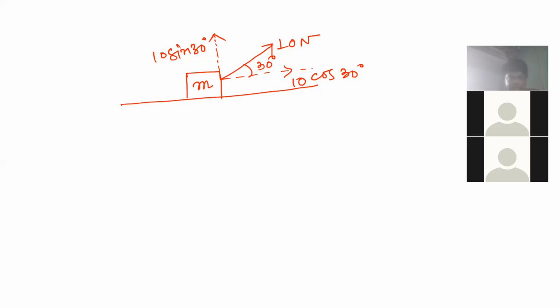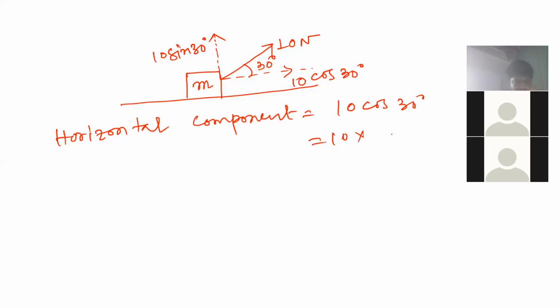Okay, is this thing clear, everyone? Yes, sir. Okay, so we know how to find the value. In this case, the horizontal component should be 10 cos 30. So it is 10 multiplied by the value of cos 30, which is root 3 by 2. If I cancel, 2 fives are 10, and it will be 5 root 3 Newton. What should be the vertical component?